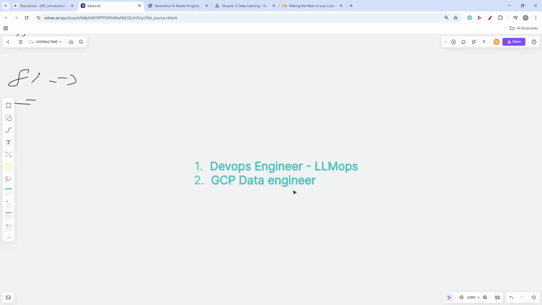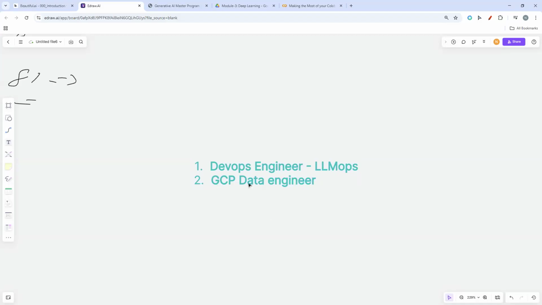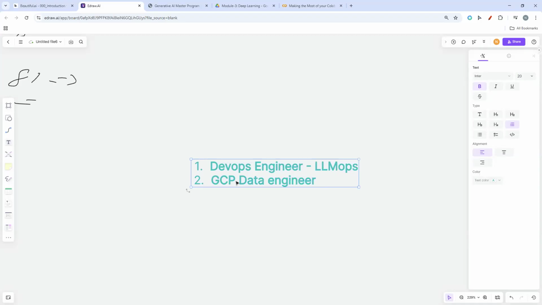So GCP data engineering, you would be using BigQuery as a data warehouse, right? The cloud data warehouse. And now BigQuery has ML-related capabilities as well, that we already know. And when coming to GCP, it is that particular cloud service which is upfront when compared to AWS or Azure, it is very much inclined to AI, artificial intelligence. We know GCP has been investing billions of dollars on artificial intelligence when compared to AWS and Azure, right?